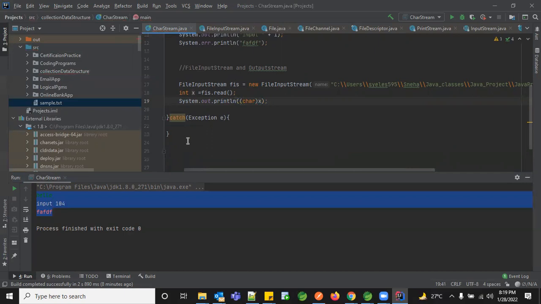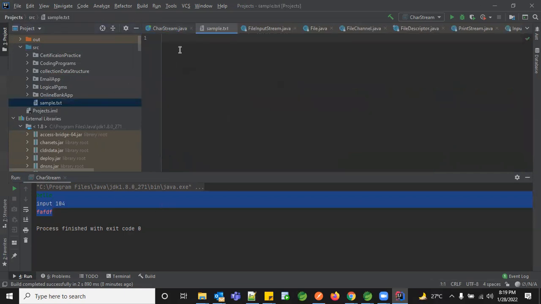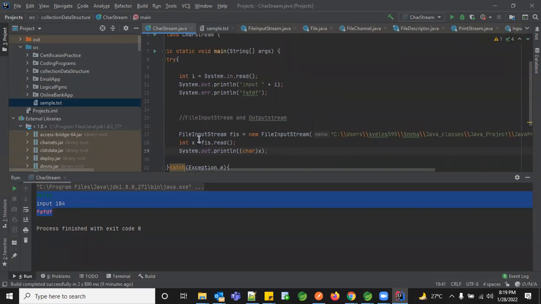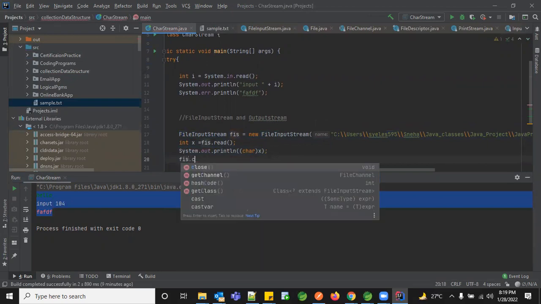Right now, this particular file doesn't have anything in it, so let's give it some text. Then, once you're done with your operation, you have to perform a close. FIS is your object, then you do close.